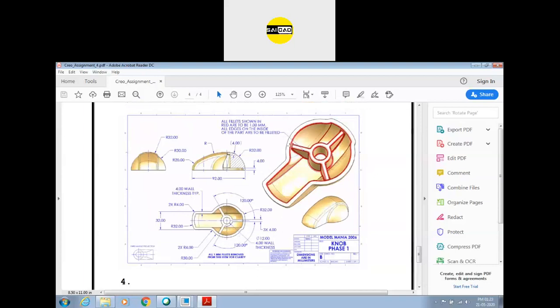I want you to first try this with the commands that I'm going to show you today. It's a simple rib, how to create it hollow, that is shell, and outer shape is easy. We just have to create some revolves or some extrudes. Okay, and you can also create it with the sweep.